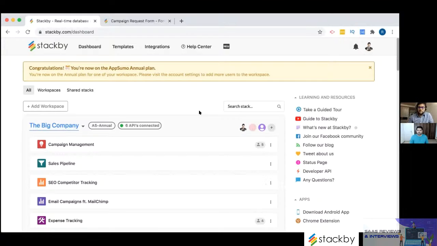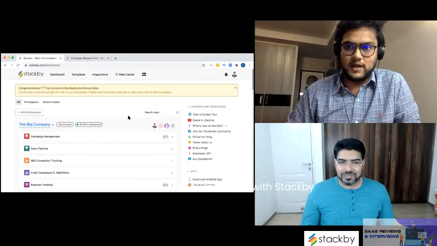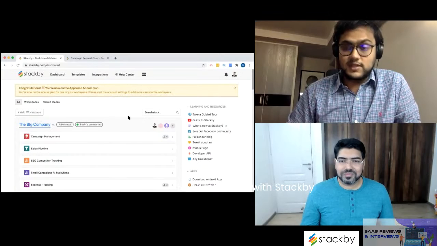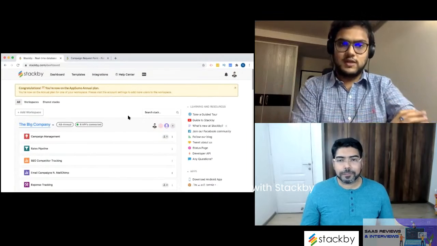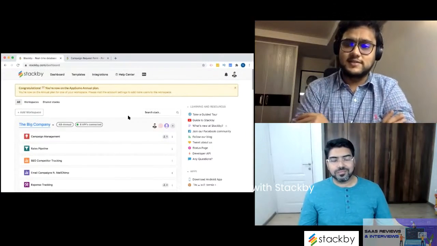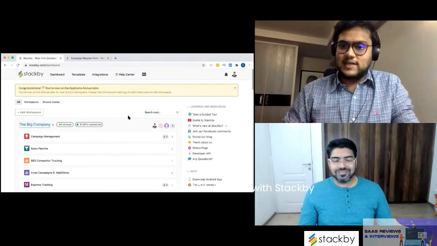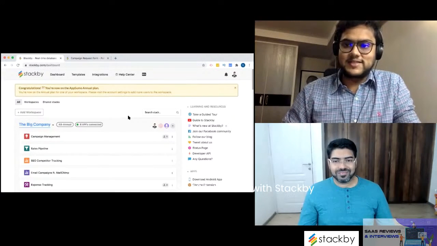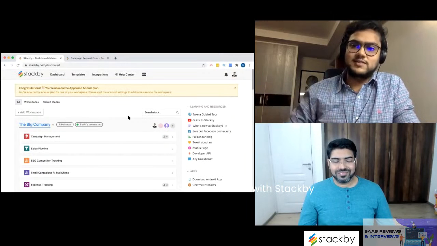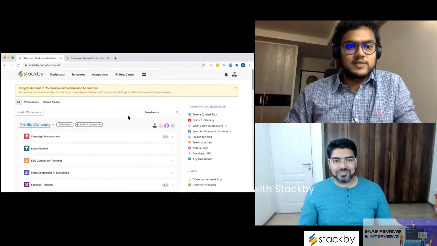It has taken us almost 1.5 years in development to build those native mobile apps, both for Android and iOS. Because the platform is huge, there are thousands of test cases to manage. So our testing team has spent sleepless nights in the last couple of months just to get to release. So that is one. And the second thing is we have automations coming.